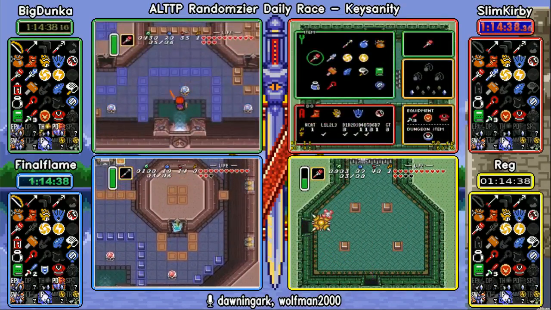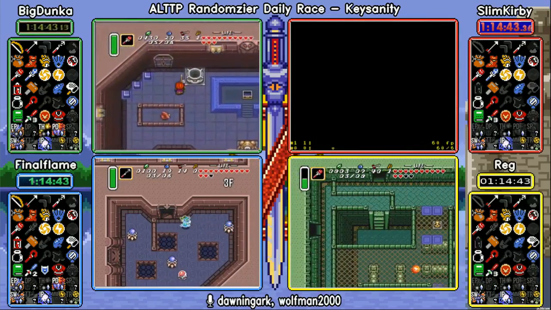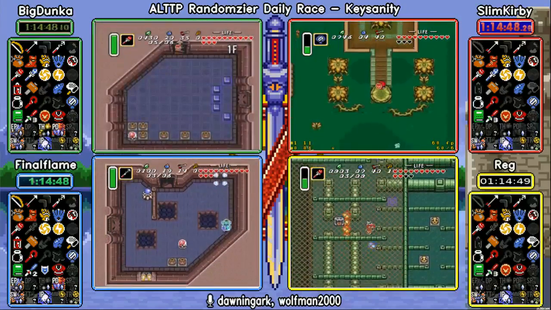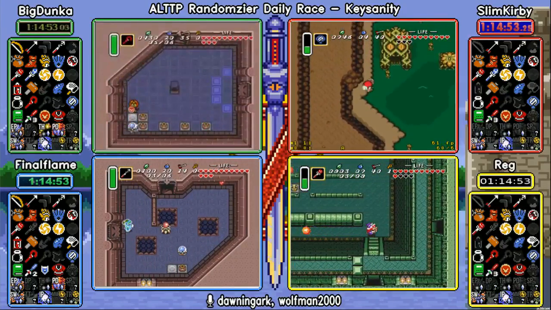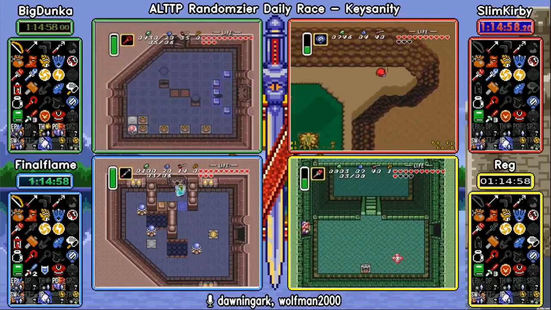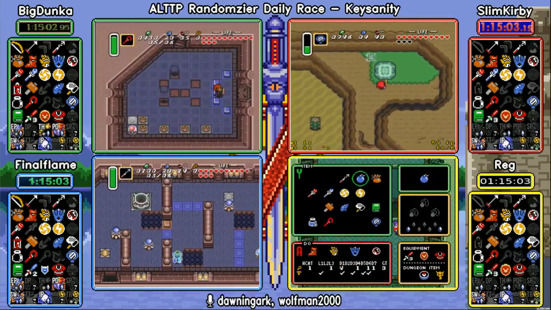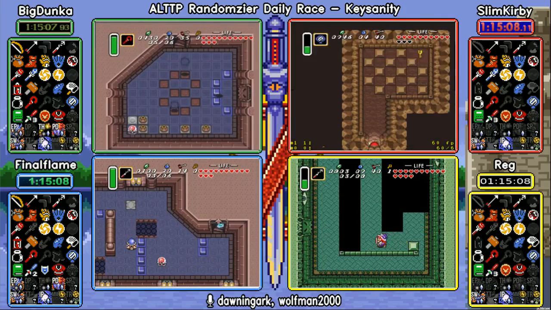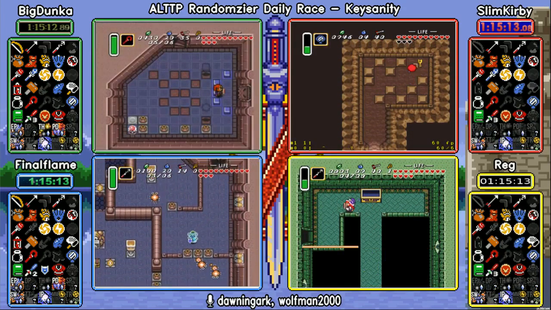And Slim is missing the big key out of Mire right now, so that's enough for one trip. BigDunka is now going to hopefully get a stretch break. He's pulling out the block. Yep, coffee break for BigDunka. Ah, it is so nice to be able to relax. Just witness the beautiful art of...